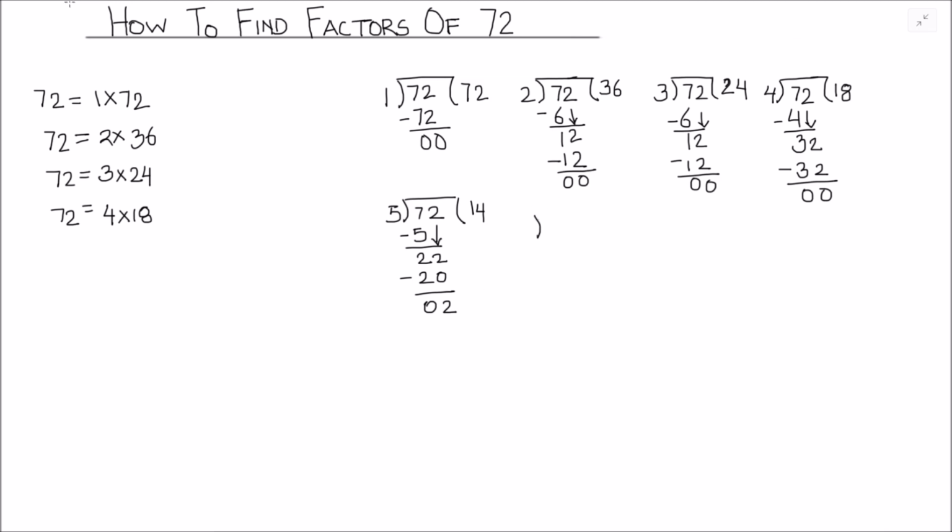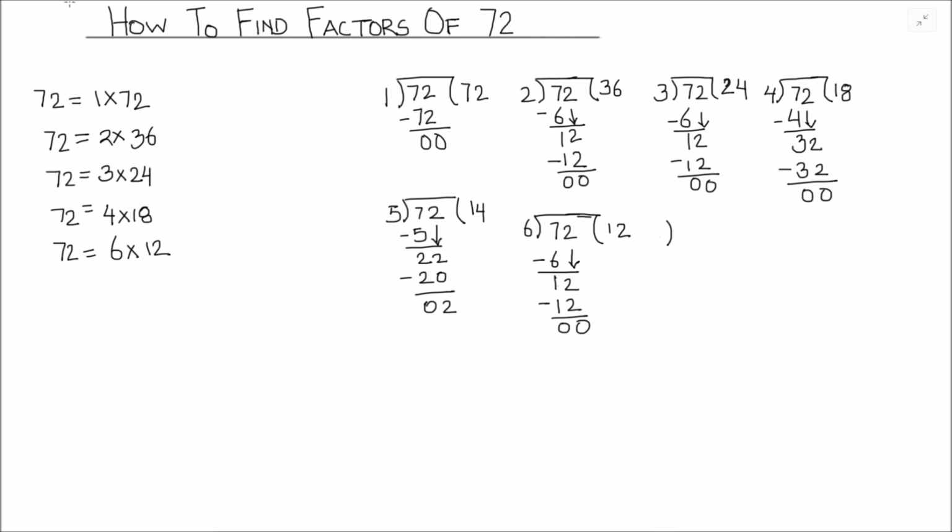Next, we'll move on to our next number, which is 6. We keep on dividing number 72 by different numbers until we reach a point where we are getting repeated numbers or same numbers. So let's divide 72 by 6 here. 6 times 1 is 6. 1 is remainder. Then we'll drop down 2. So 6 times 2 is 12. And the remainder is 0. So 6 is also a factor of 72. We got two factors as 6 times 12.